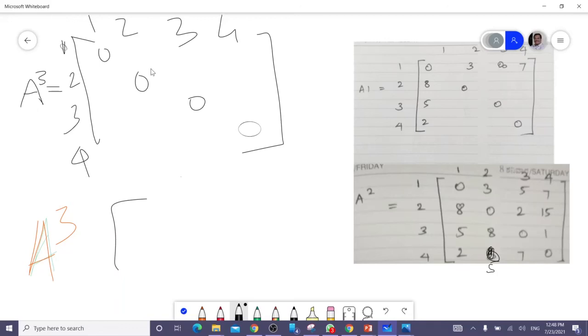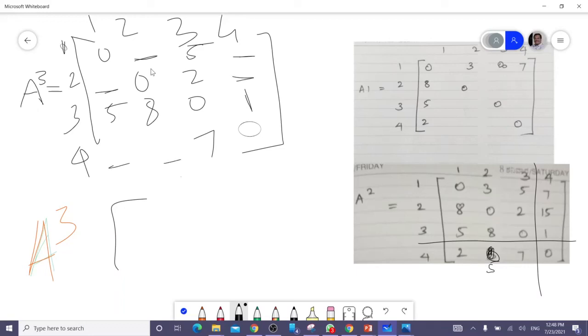Third column is 5, 2, 0, 7. And here also the third row is constant: 5, 8, 0, 1. Now we have to find the positions for the remaining elements.